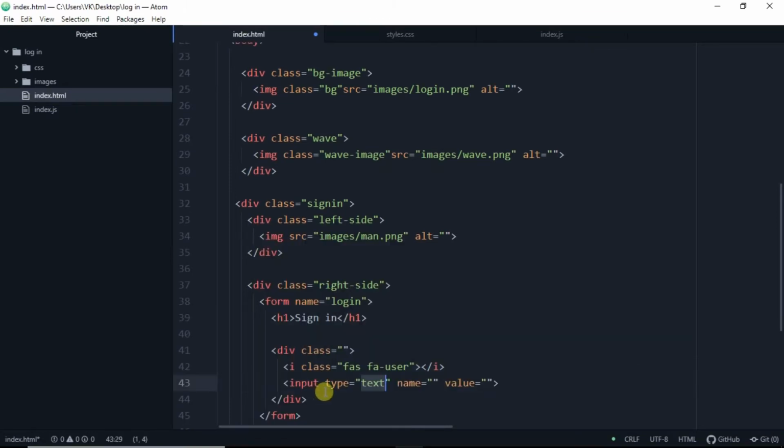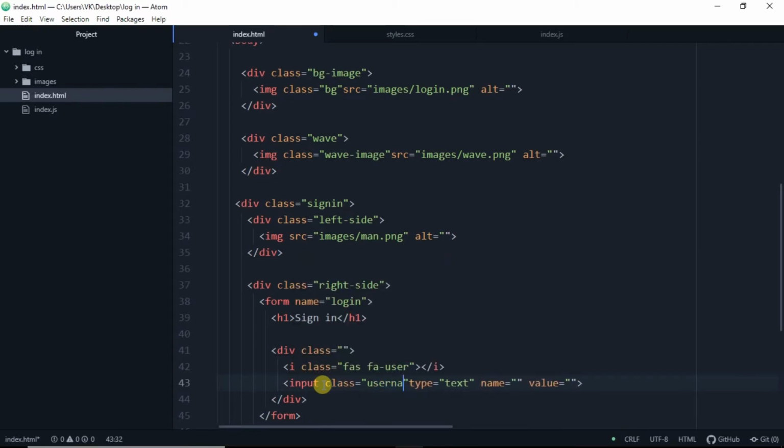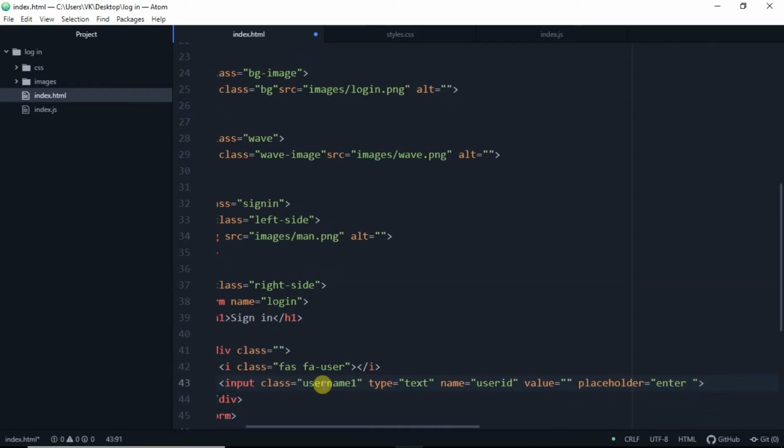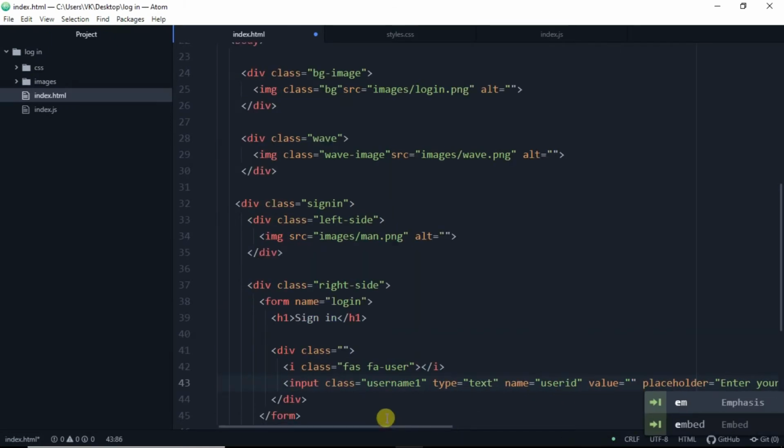So yes, the input tag, which is class username 1, and we'll paste it properly. Name will be, let's keep it user ID, and the value will be blank. The placeholder should be enter your username. Let's keep our E capital.